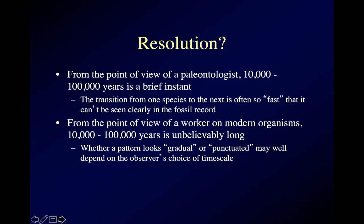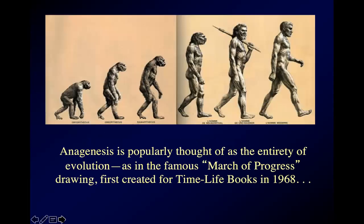Trying to track year by year changes using fossils is like trying to time a track meet with a calendar. It's just not the right scale, not the right tool for the job. So that's Gould and Eldridge's point. And I should mention that it's perfectly compatible with the evolution that you've already learned, because